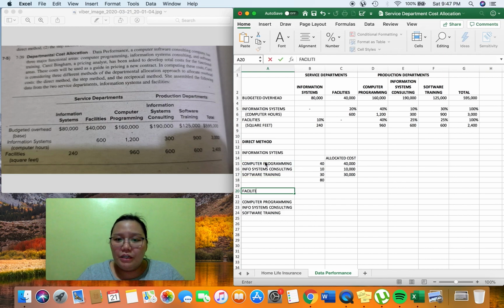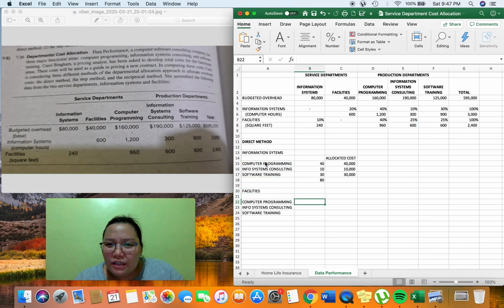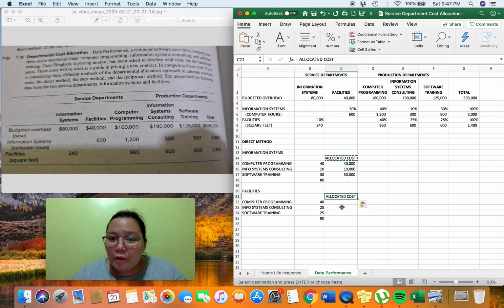Facilities department. We will allocate the cost of the facilities department. So, again, do not use the percentages because something is missing. If you use the percentages, it will not be complete, because you will not allocate to information systems. So, we have 40, 25, and 25, for a total of 90, which will be our denominator this time. So, the allocated cost for the production department: we have a direct cost of 40,000 multiplied by 40 over 90, and we'll get,